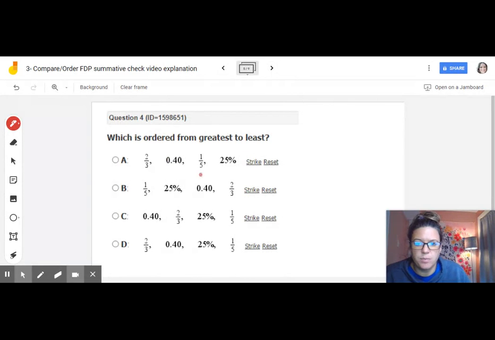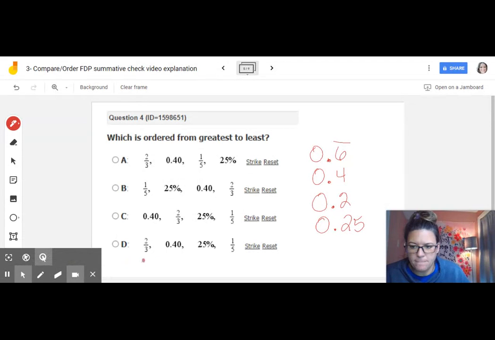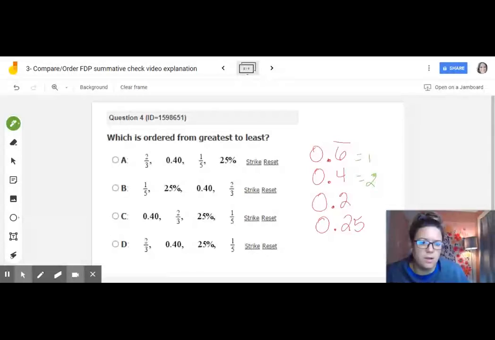Greatest to least. I'm going to go off of this order. So this is 0.6 repeating, 0.4, oh, 1/5. If you haven't memorized that, you need to do long division, and then 0.25. All right, so my greatest would be 0.6, then 0.4, then this has